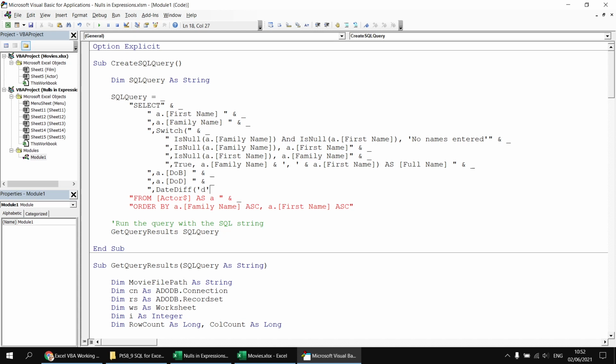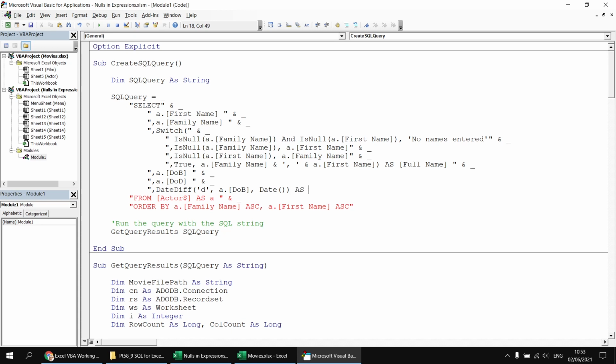For now, if I want the difference in days, I can just enter a single lowercase d as a string inside some single quotes. I can then type in a comma, and I can specify first of all the actor's DOB field, followed by a comma, and then I want to calculate today's date, so I can use a function called date. Again, just like the VBA function date. You must use open and close parentheses after the date function. It doesn't have any parameters, but to indicate that it's a function, it requires the open and close round brackets, I should say. I then need to close some round brackets for the end of the dateDiff function, and then